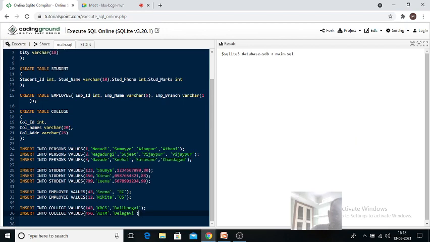We will give semicolon. Okay, we'll try to execute it. Okay, fine, thank you. Now see, first person's table is having 3 values, 3 rows. Okay, and second student table is also having the 3 rows. Okay, and third table employee table is having only 2 values, means 2 employee information, and college table is also having 2 college information. Okay, so now we have created the table, we have inserted the values.